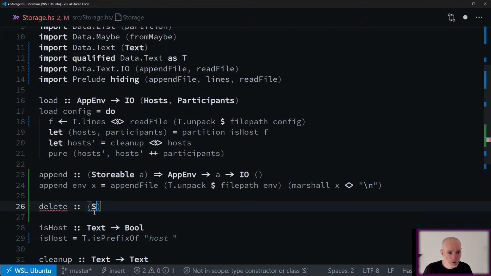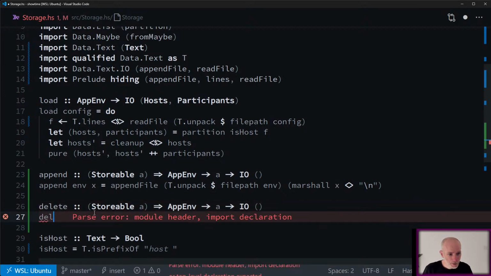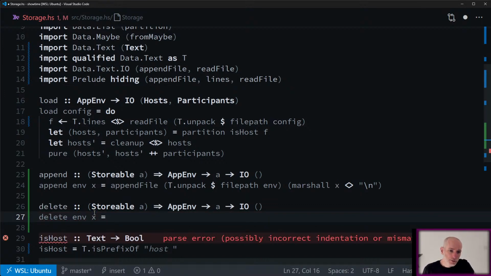And again, I gotta make sure this thing is Storable. And we'll take the environment. We'll take A, and we will just have some side effect. So delete mvex. What we're going to do is load the file, break it into lines.